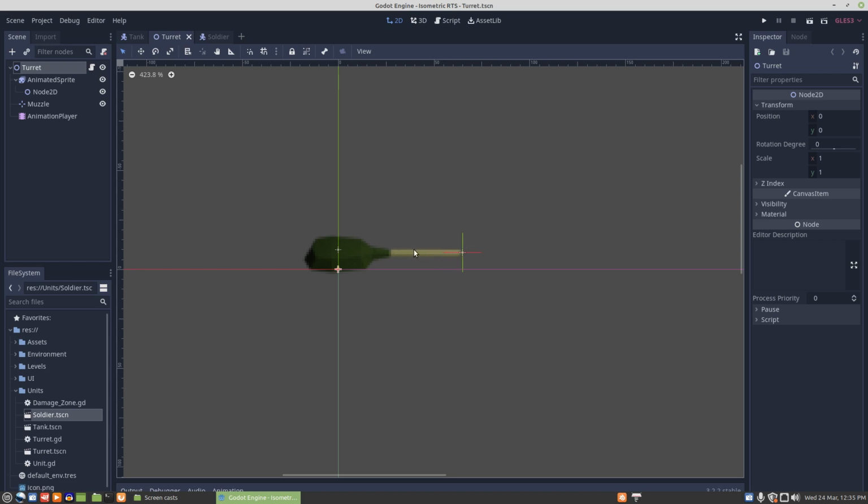So where exactly the muzzle and the turret are isn't really known to Godot. It's just playing an animation. So we kind of have to let Godot know where the muzzle is. So we can do something like spawn a bullet that comes out of the muzzle and play something like a muzzle flash animation. The muzzle flash animation is going to be kind of limited, and more or less for